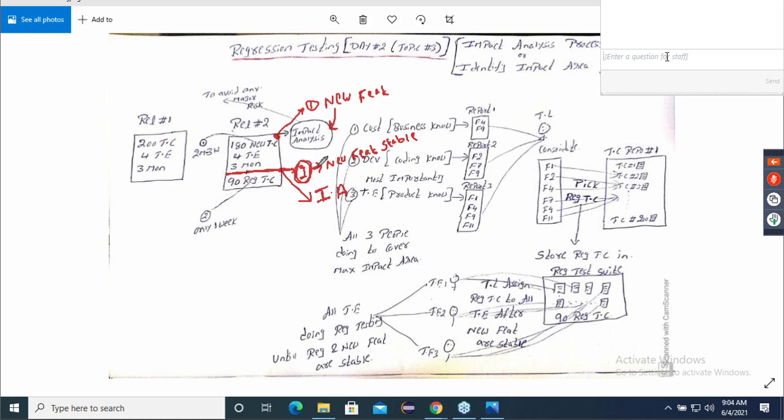Listen, guys. Everyone decided that stage 2 is better. But assume, guys, in release number one, we developed 5 features. The 5 features were developed, it was stable, and then it was handed over to the customer. Next, release number 2 started. In release number 2, the customer asked me to add 4 new features. Okay, 4 new features were added.